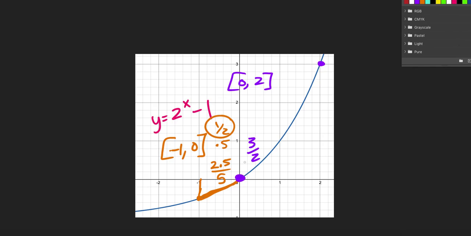Now if we do all the little squares, we're going to go 1, 2, 3, 4, 5, 6, 7, 8, 9, 10, 11, 12, 13, 14, 15, over 5, 6, 7, 8, 9, 10. And if we simplify that, that becomes 3/2. So once again, it doesn't matter if we use the big squares or the little squares, we will end up with the same